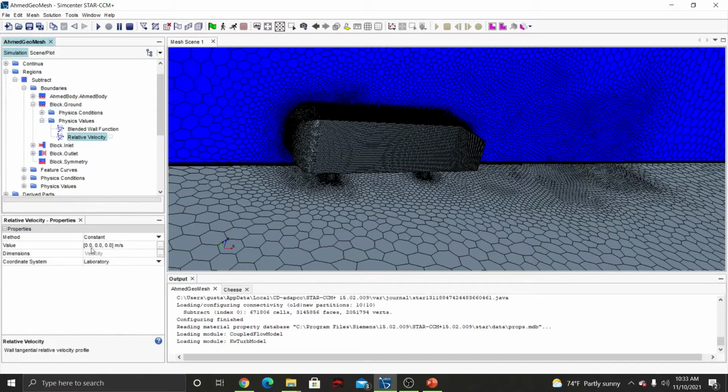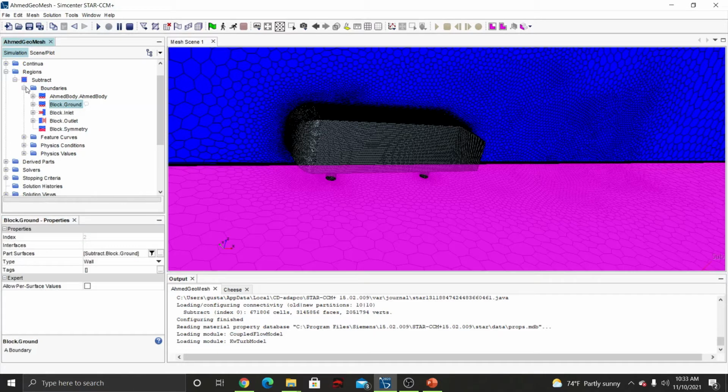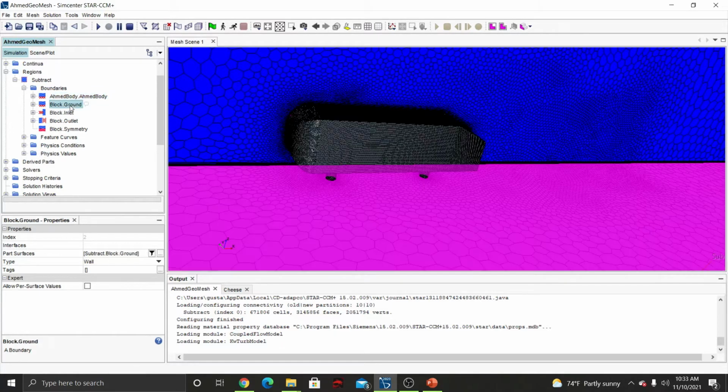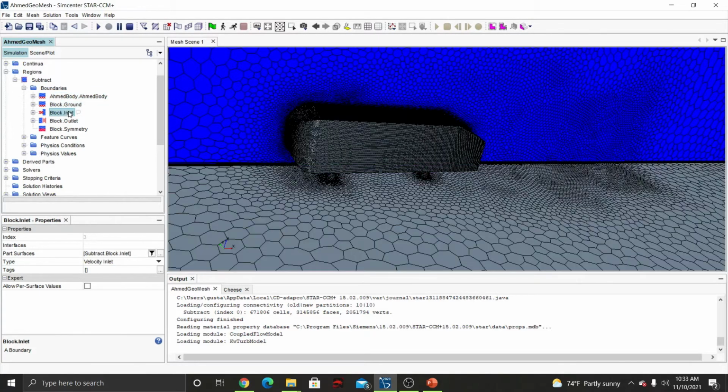For the relative velocity, we're going to go with the same as our inlet velocity, so 21 meters per second. And making sure, yeah, simple wall, traversing wall, the outlet,